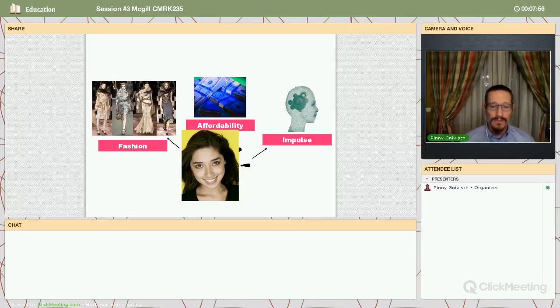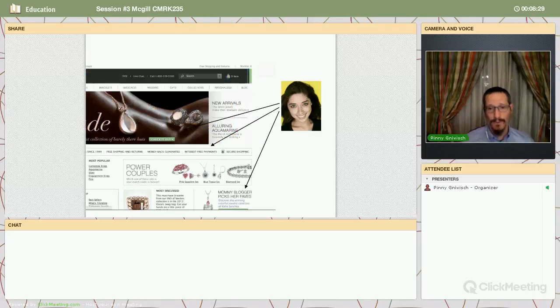And then because she doesn't make enough money, affordability is a big deal. So what we've done is we finance payments. So we tell them, you don't have to pay it all up front. You can pay us in 5 payments. So that for someone like her is a very important thing. And impulse, right? So if she knows that today she only has to pay $12.99 out of the $150, that gets her impulse going. If she sees how other fashionable people on our website are using our jewelry to update their outfits, for her that's very important.